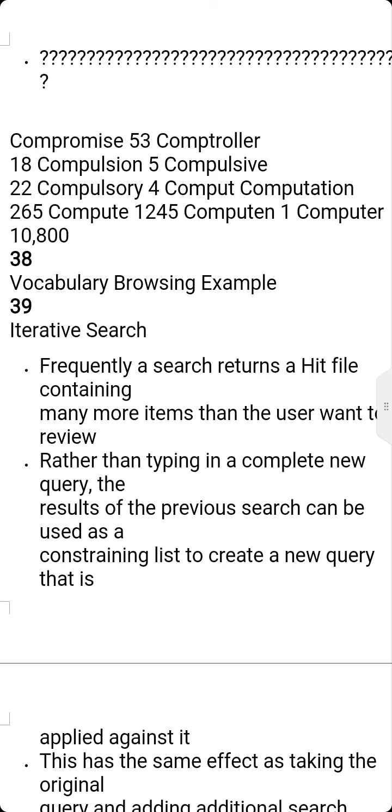To facilitate locating previous searches as starting points for new searches, search history logs are available. This search history log is the capability to display all the previous searches that were executed during the current session.